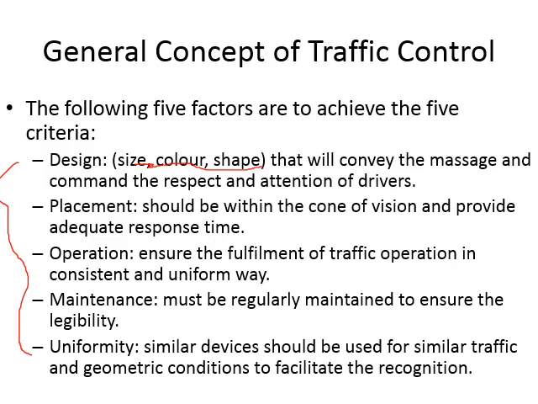But you have to make sure the traffic operation is handled in a consistent and uniform way. So a particular sign which is used in a specific case is used all over the region for the same case. For example, if you have two main highways crossing each other with more traffic, you will usually see them having a signal, not a roundabout. So next time you see two big highways crossing, you should be having a signal there as well. Okay, and so on and so forth.